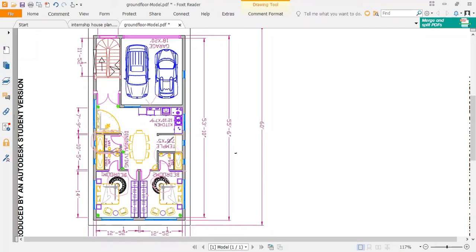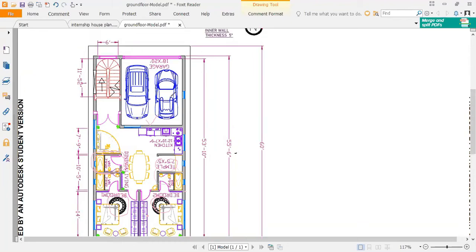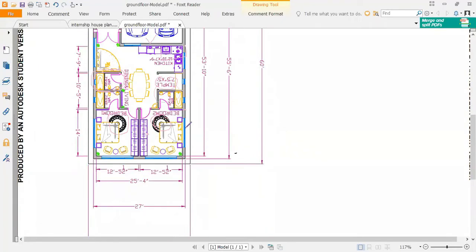And placing the puja room in between the kitchen and this bathroom, I don't think this is a good place. You can provide this in this corner, or maybe, yeah, you can provide this in the corner actually. If I provide that in the corner, then the kitchen length will take part from this dining hall. So I kept it there.